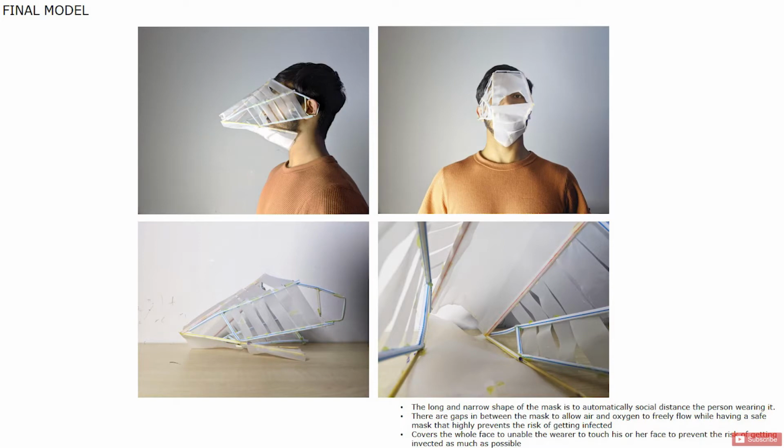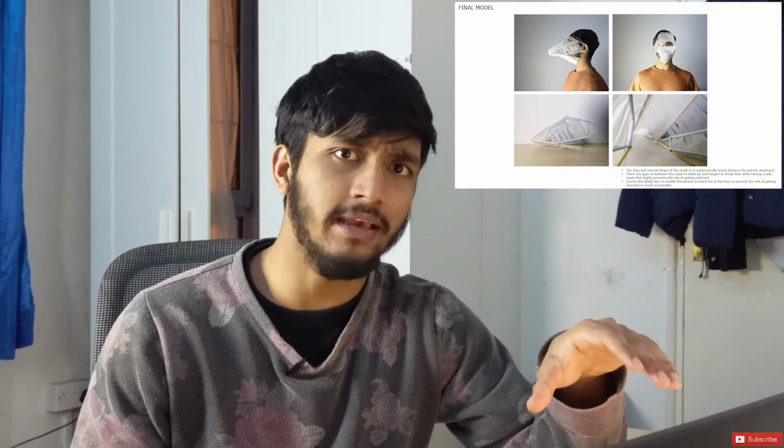And here is the final model. To be honest, I was planning initially to make some bare model, but because we had 2 weeks, I didn't really have enough time to produce another 3D model and then, I don't know, somehow develop it. So yeah, I ended up choosing this one for my final model, which took me literally hours to make, because